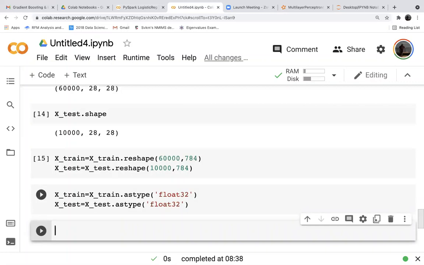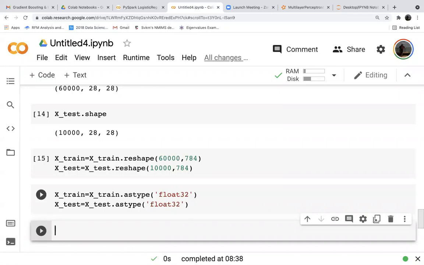Sir, just one doubt. What is the purpose of reshaping? Is it like we are making it two-dimensional? See, the reshape function will convert the data into pixels. We have the data in image format, right?